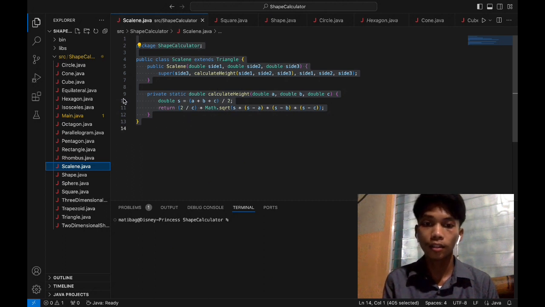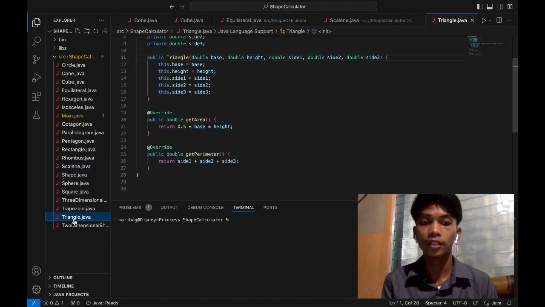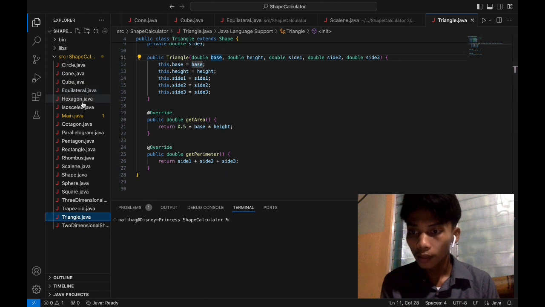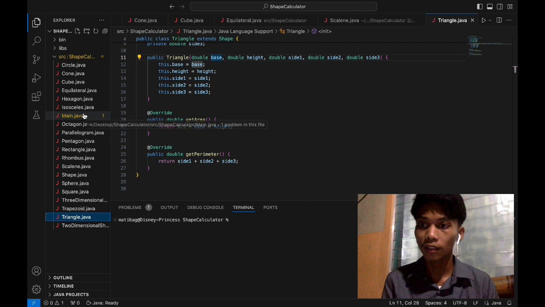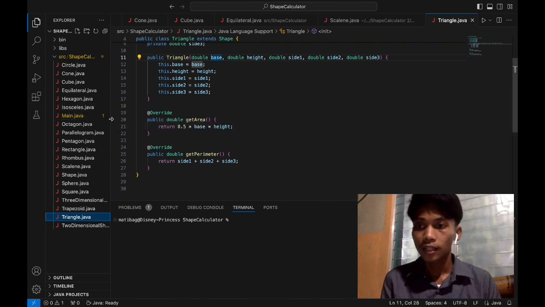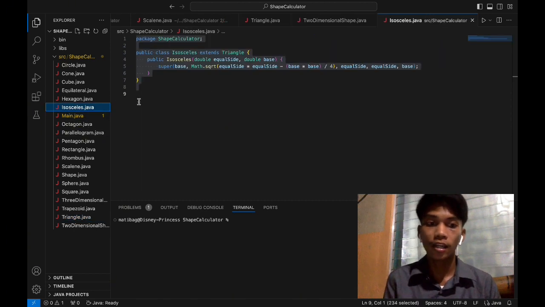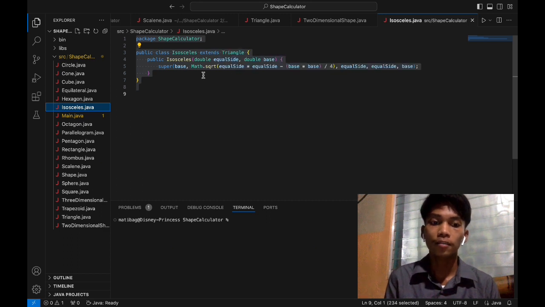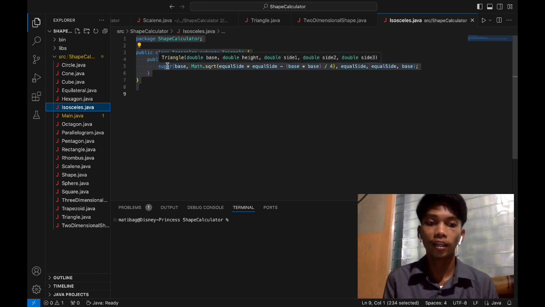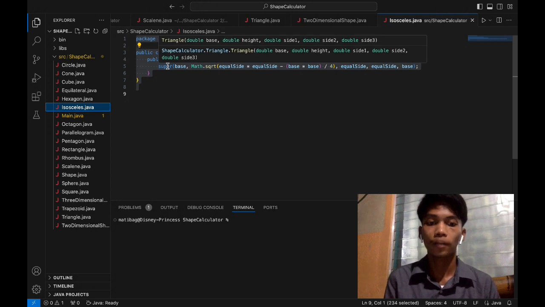In this enhancement we've gone through each line of code of the triangle class and its subclasses such as equilateral, scalene, and isosceles. Each class has its own constructor that initializes the specific properties of the triangle it represents.